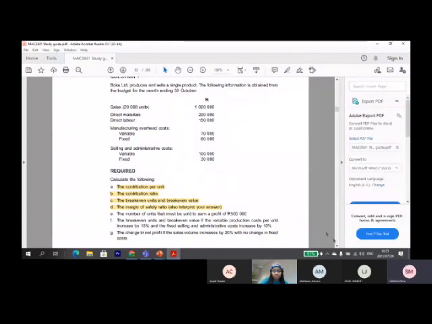Okay, sure. To get the contribution per unit, you work out your contribution. So it is your total sales less all variable costs, which is your direct material, direct labor, your manufacturing overheads, and the selling and admin costs, the variable portion. So then that gets to 480,000. That is your total contribution. But then per unit, that is the contribution of 480,000 divided by the 20,000 units sold. That gets you to 24 for